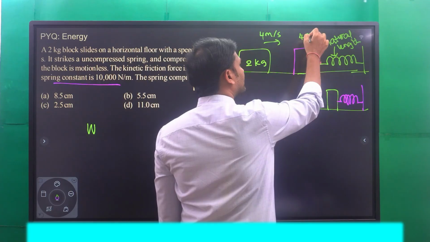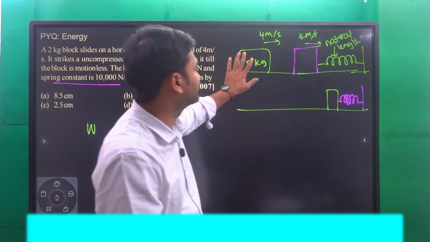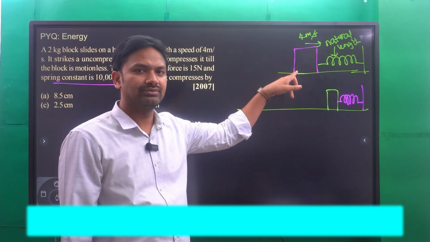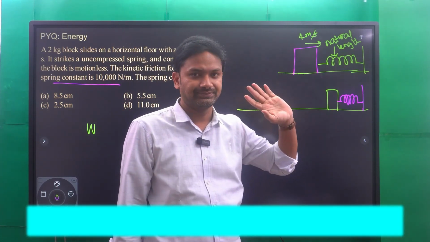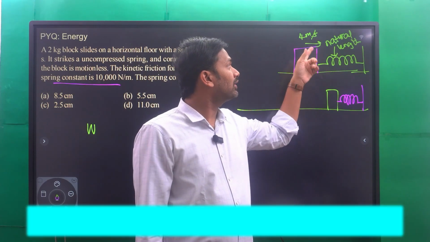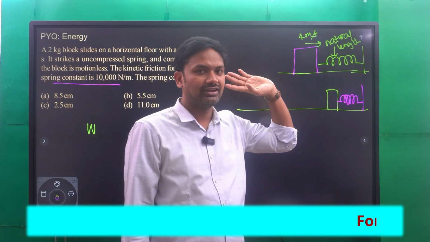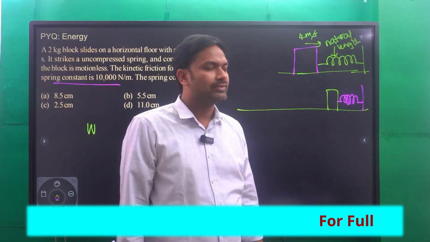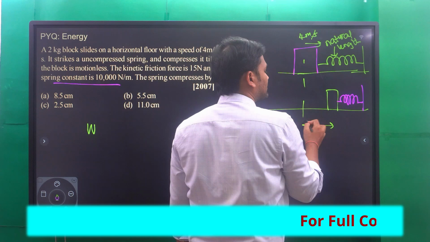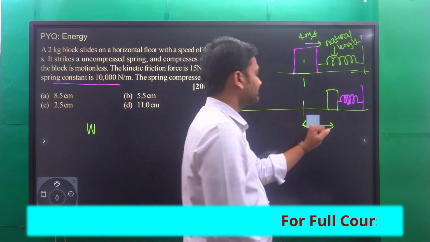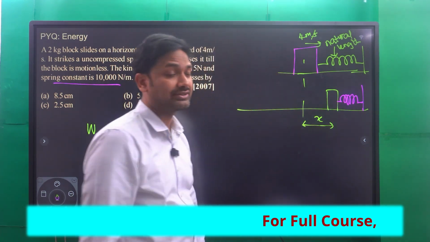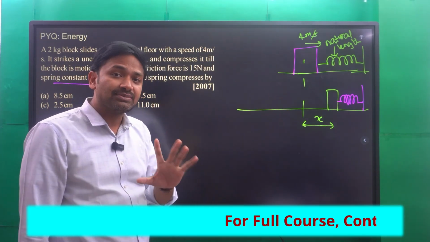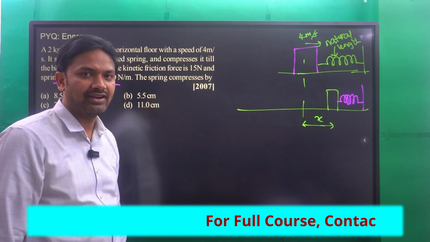Here it is having 4 meter per second. That is the meaning of that. So let us take the initial position of the block here, right beside the spring. At this point it is moving with 4 meter per second, right? So when this compression is made, starting from here, let us suppose x is the compression. X is the compression done on the spring, or the block has slid for x meters or x centimeters. Right, now